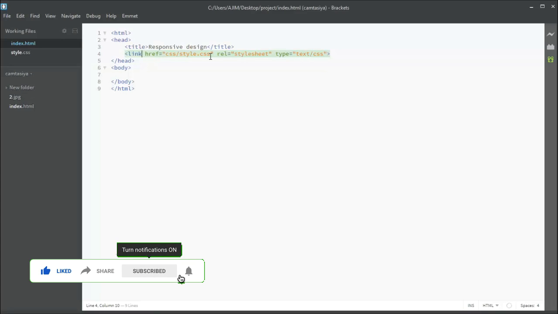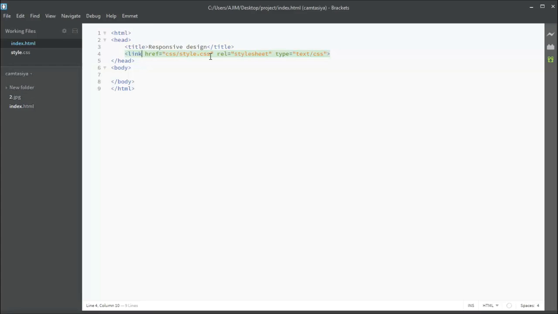So what is Bootstrap actually? Bootstrap means whenever you have to create any responsive design, you can use it to create it easily. Because Bootstrap has lots of predefined classes which we have to call to make bigger changes. And it also works on the basis of classes, right? So in this entire class I'll be discussing only how to link the Bootstrap file.